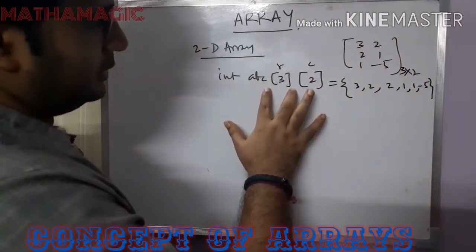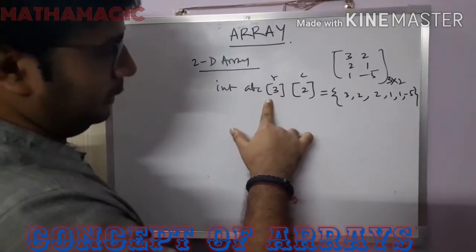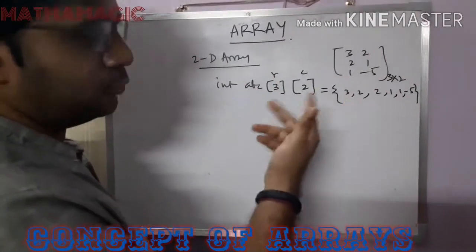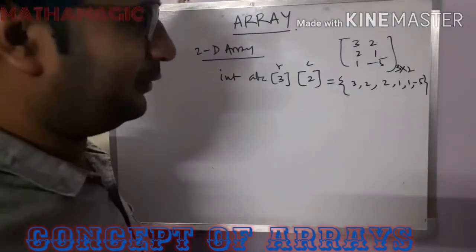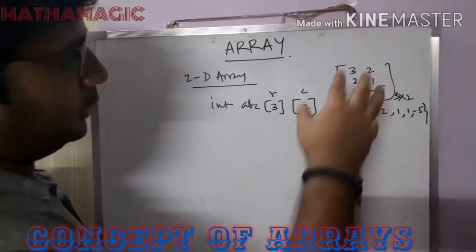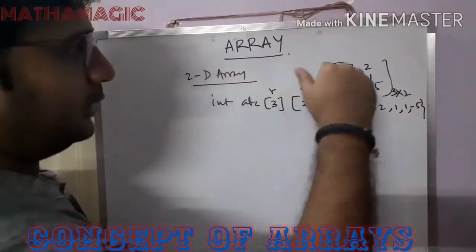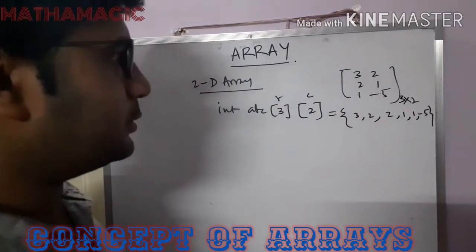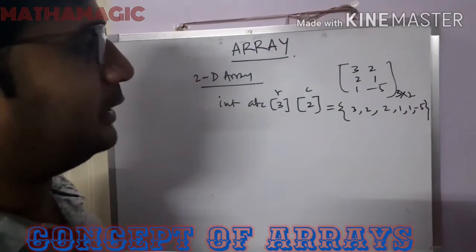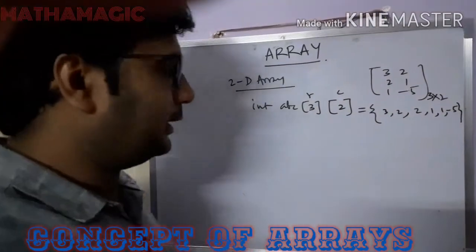First thing is, this is a two-dimensional array, because we have already said that if one pair of square brackets is there, then that is a one-dimensional array. If two pairs of square brackets are there, then that is a two-dimensional array. Here two pairs are there, so definitely it is a two-dimensional array. We are trying to take the input of this matrix into our program. We can directly take the input like this, or else we can take the help of a for loop. Now we'll understand how to use a for loop for the one-dimensional array first, then we'll go to the two-dimensional array.